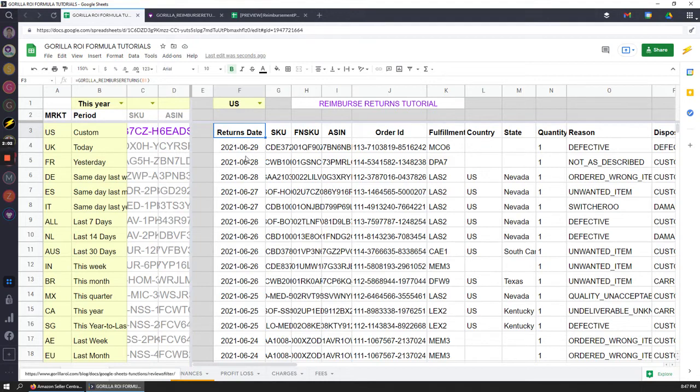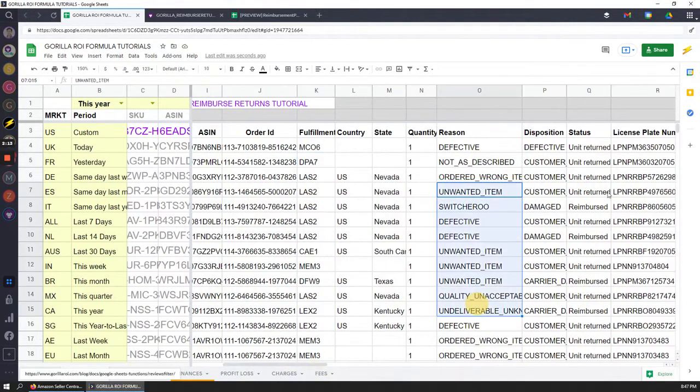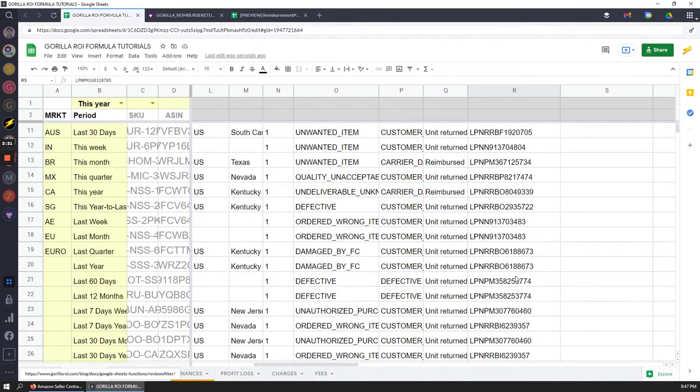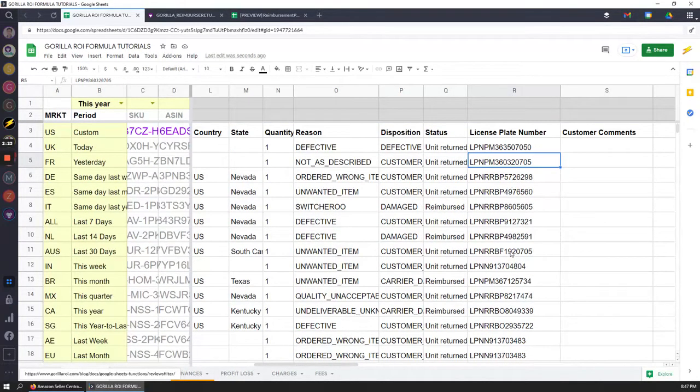of items in this table for all the transactions this year that happened on a return that was reimbursed to a customer. So you've got the reasons, you've got the quantities, you've got which FC it was, the disposition, so if something was sellable or not, who damaged it. Let's see what else, different types of status, and what's really great about this is you get the LPN, the license plate number, and you need this information if you want to be able to create a case